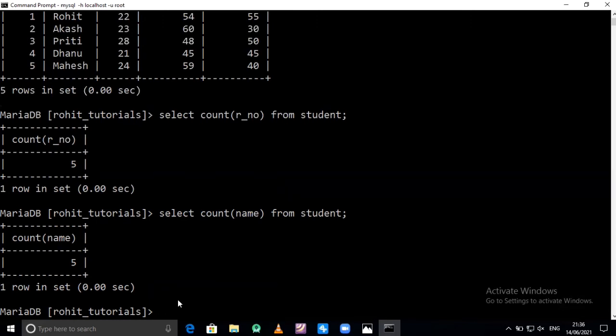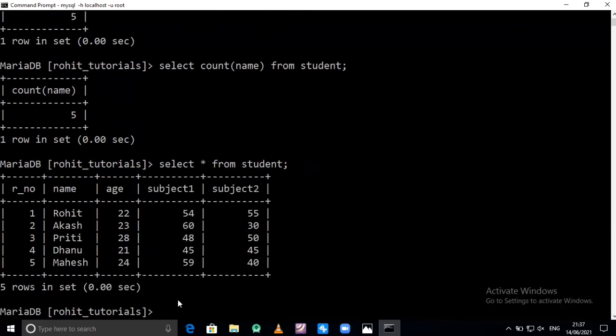The second function is maximum. It will return the maximum value available in the given attribute. Firstly, we will see our student table. Suppose subject 1 consists of marks 54, 60, 48, 45, 59. Now I want to find the maximum marks available in subject 1.